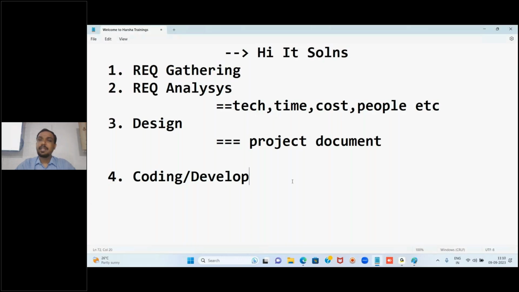In this, depending on the technology, they will be developing the code, and some they will be doing everything here module by module. Why? Because when we are talking about real time applications or real time projects, it is not like one day you cannot finish. You know that, right? It cannot be done in 1 or 2 days. And that too, the complete project just like that they will not give. They will divide that project into, in developments, you are not the one person in the development team.